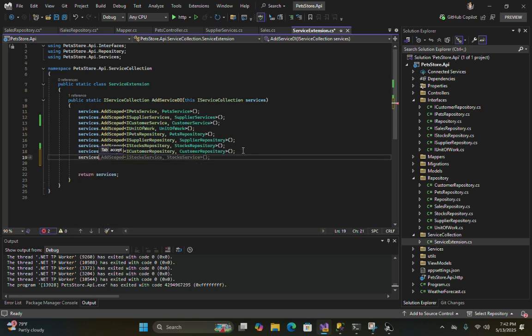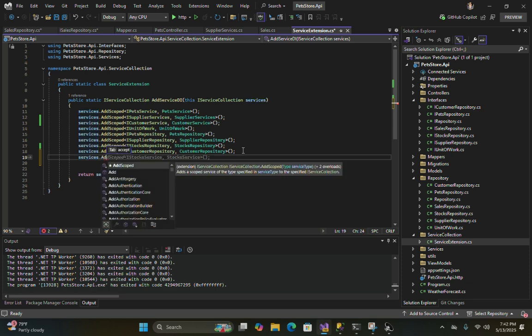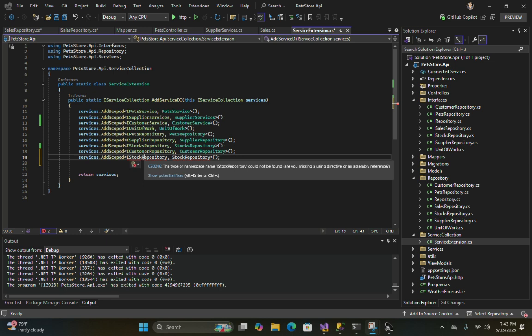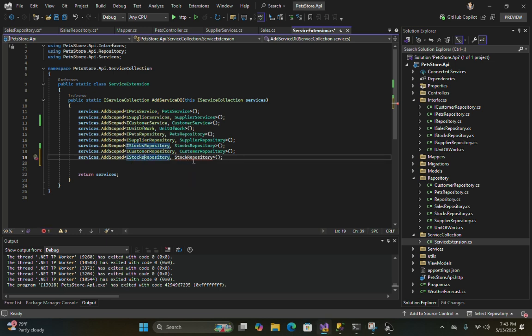So let's add scoped, IRepository, not IRepository, IStockRepository. Actually it is not stock, let's say this one stocks, and then the repository, StocksRepository. After adding scoped,